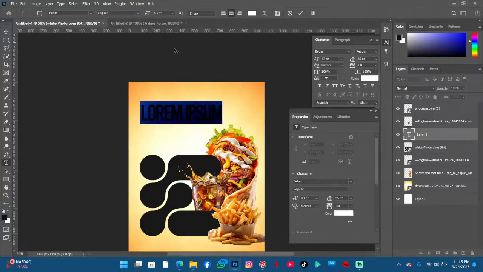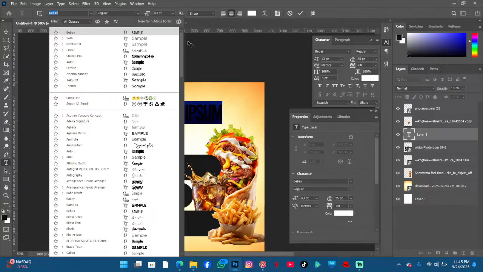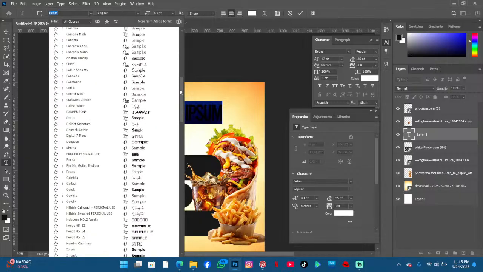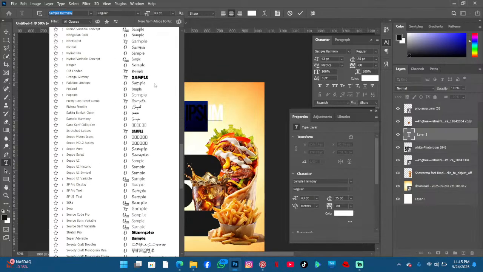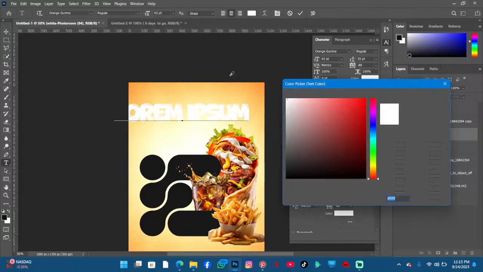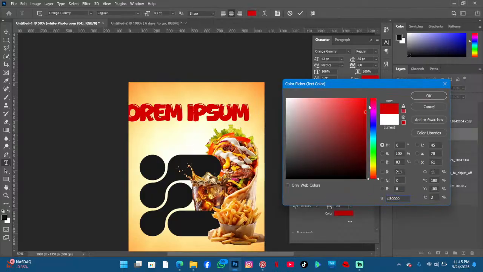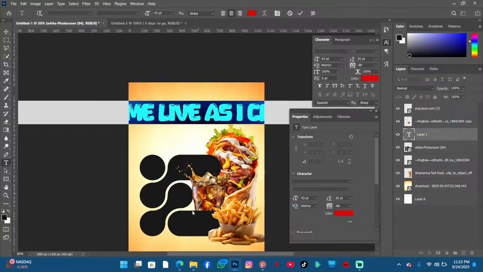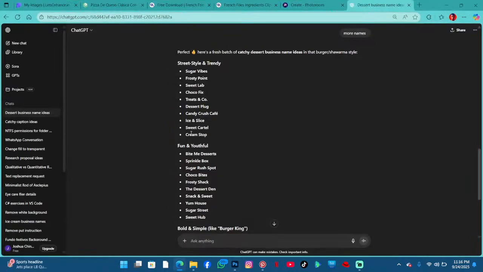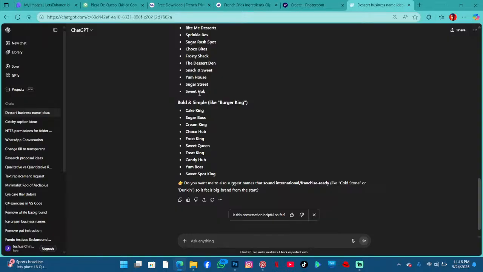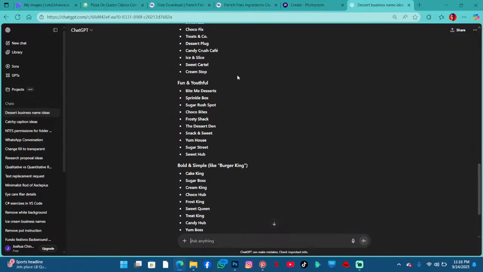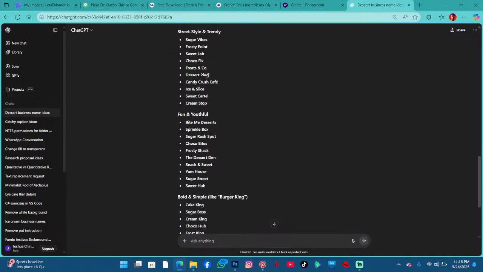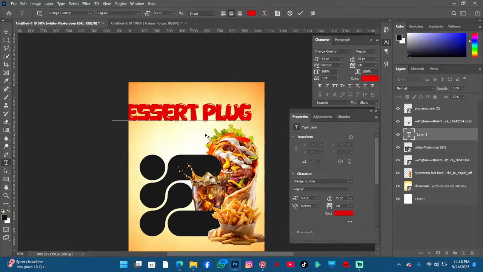I can come here. I can use my font. I've forgotten the name, but I can scroll to search for it. Orange Gummy font, and I can use my red color. Or should I use red? I think red is okay. So I forgot what I chose already. I think I chose, what did I choose? Desert Plug. Okay, so I'm going to go with that,